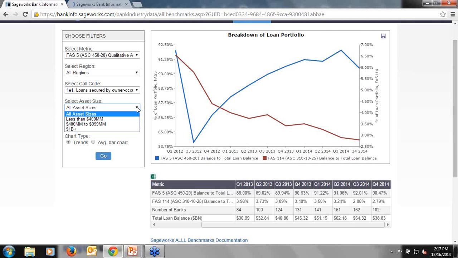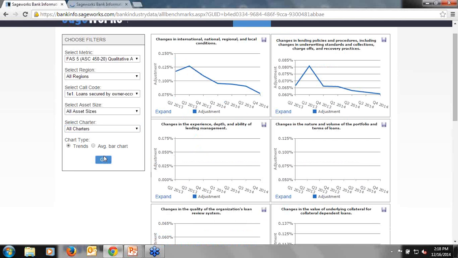If I wanted to look at banks in similar asset ranges as whatever my institution was, I can do that. If I wanted to sort by charter, I could select that. And then I have the choice of looking at either trends or a bar chart. So let's start with the trend chart. Again, this is going to be for our Q factor adjustments for 1E1 call code. I click go. The program's going to crunch through and now show me for each of the 9 different Q